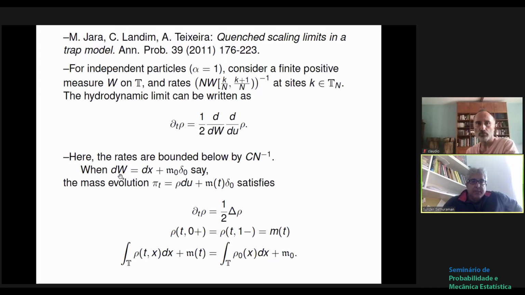If you have a point mass at 0, that's the case that we're interested in, then